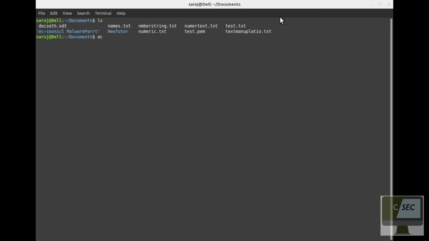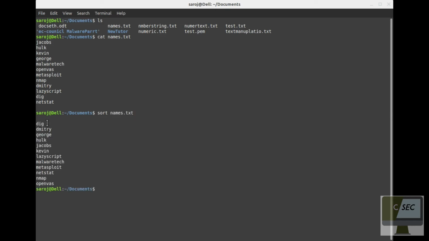If I look at their contents through cat, and I want to sort those names in alphabetical order, then I can do sort names.txt. Now the names are sorted in alphabetical order.